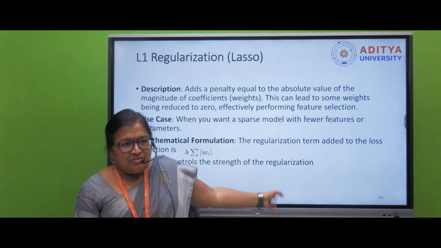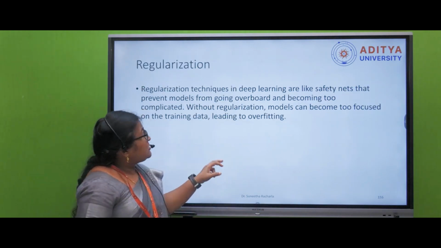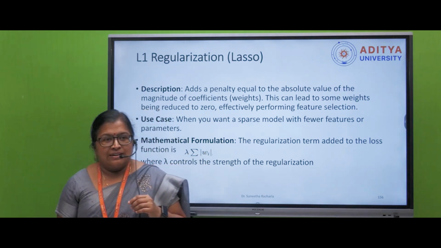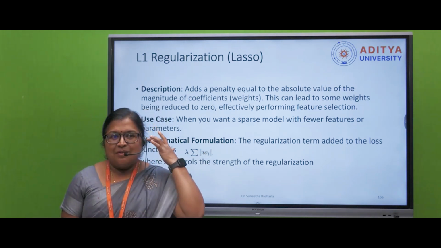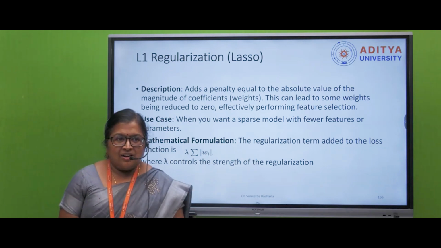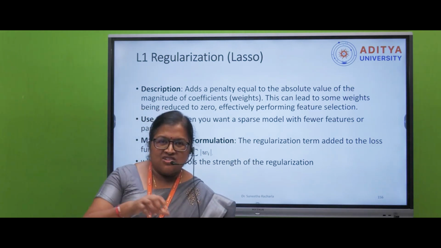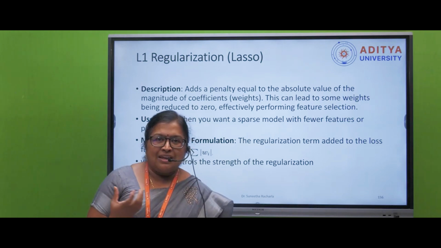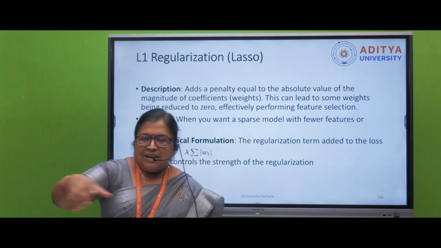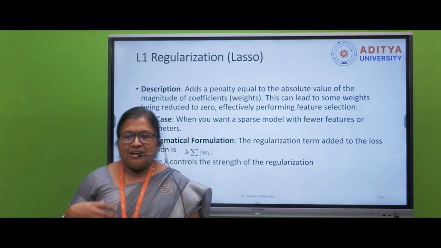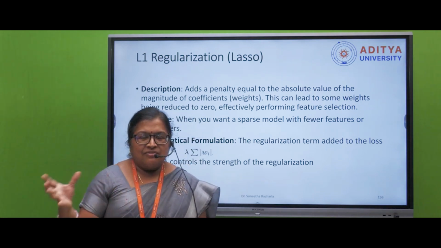The first type of regularization is L1 regularization, which we normally call lasso regularization. For example, I already told you the example. Just assume that you are a basketball coach. The regularization is a basketball coach, and your main aim is to focus your complete team to achieve a goal, to achieve a medal or a cup. That is your final goal.